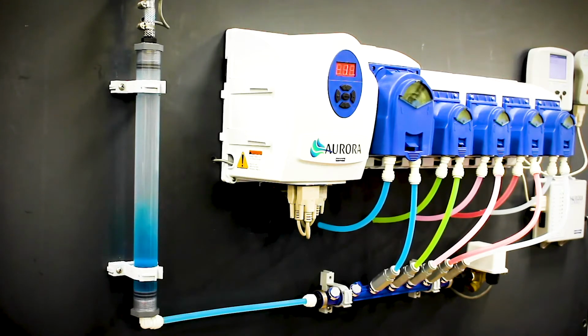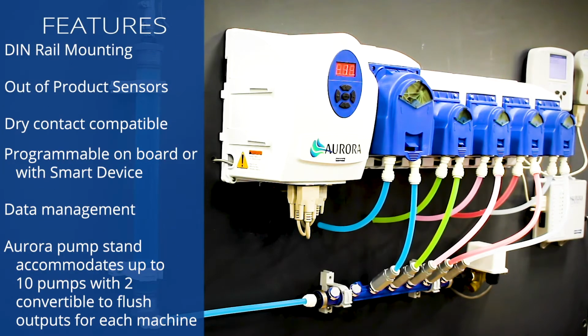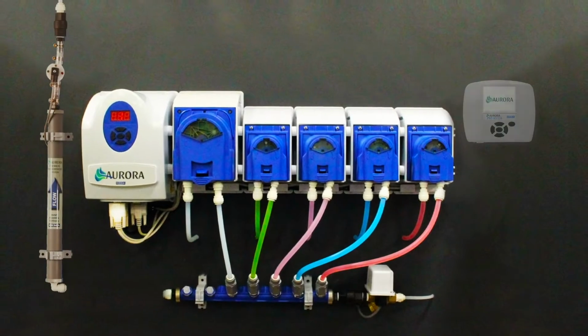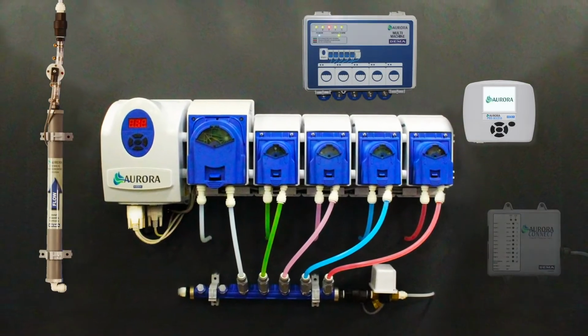spent troubleshooting. Aurora's great features include DIN rail mounting, out-of-product sensors, dry contact compatibility, programmable board or with smart device via Bluetooth, data management, and the Aurora pump stand accommodates up to 10 pumps with 2 convertible to flush output for each laundry machine. The Aurora is a dynamic and expanding system that has the capability to meet your current